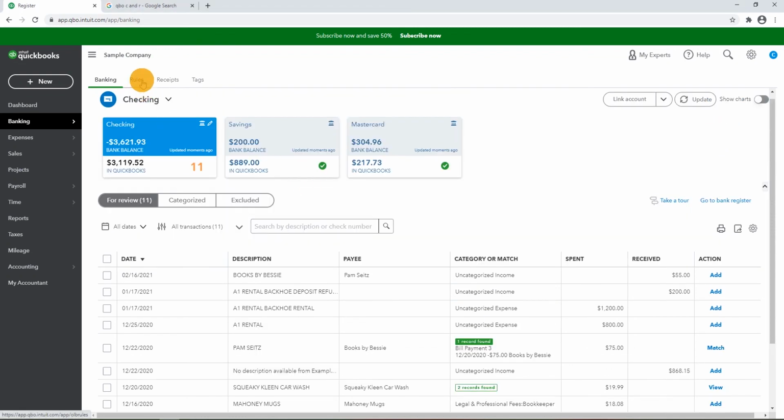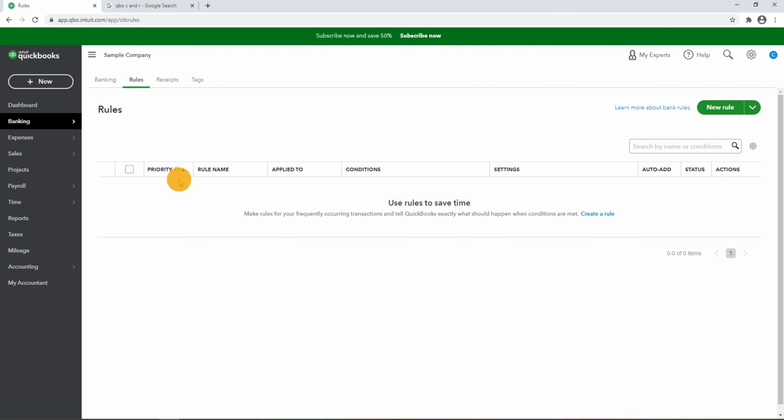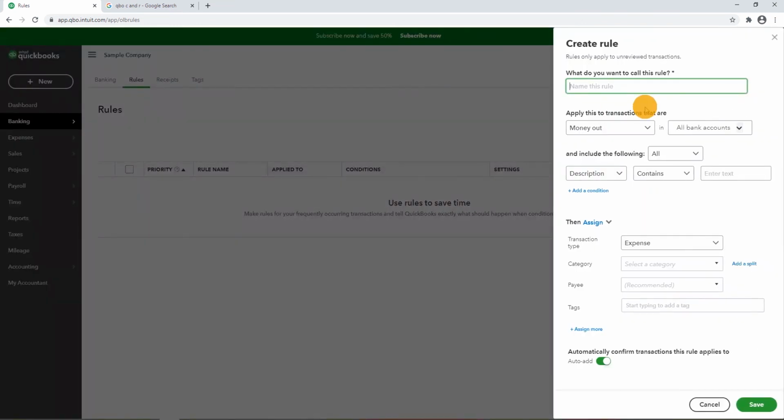Okay, so let's do that. So we're going to select the rules. For now, we don't have any rules. Okay, so we're going to create rules for the most frequent transactions we have. So I'm going to create a new rule. The name of the rule is rental. For any payment, money out, in all my bank accounts, if the description contains rental,